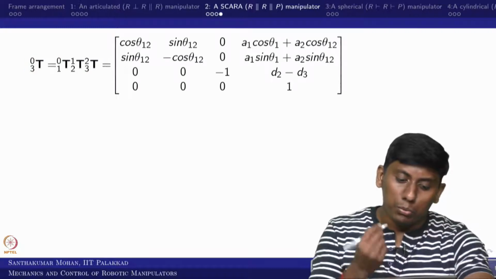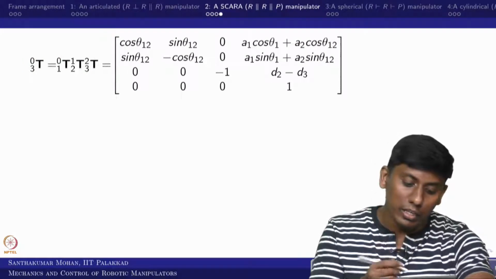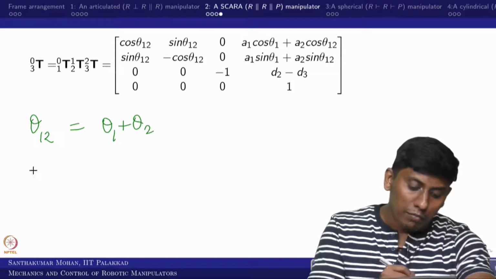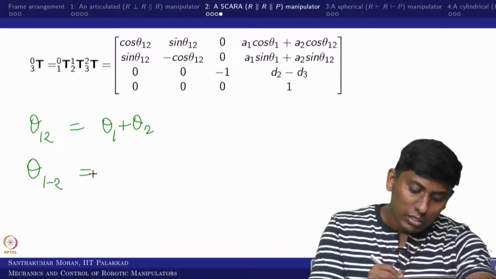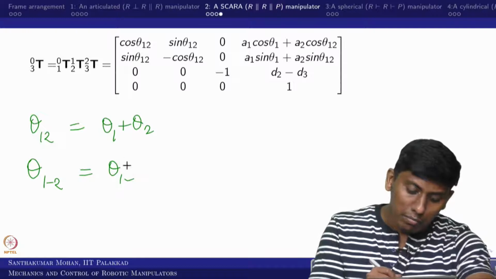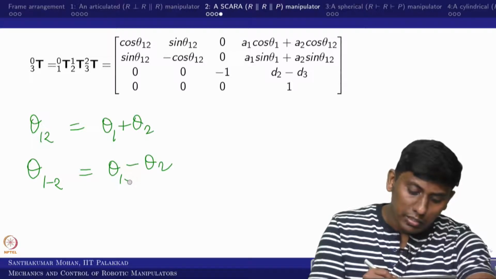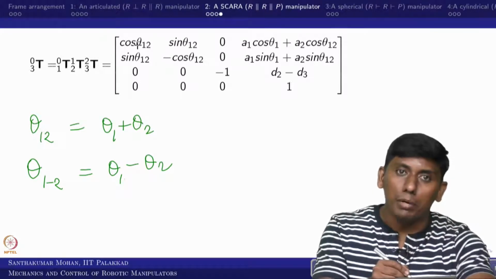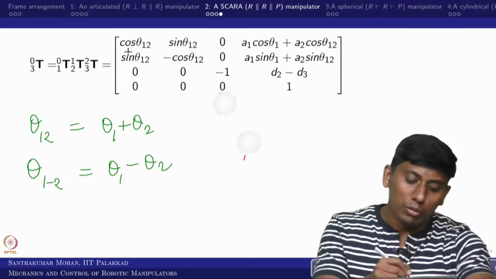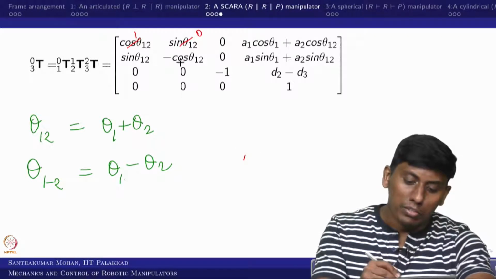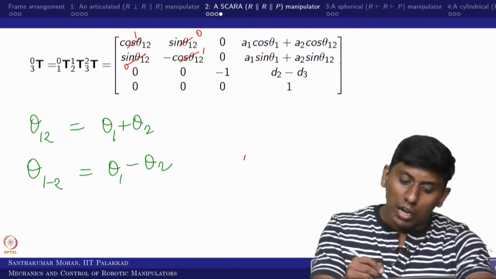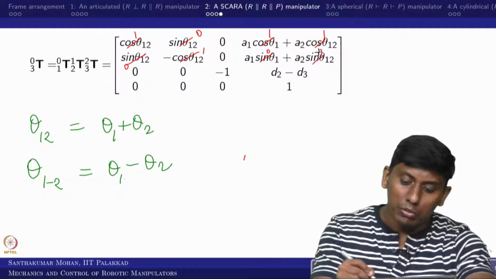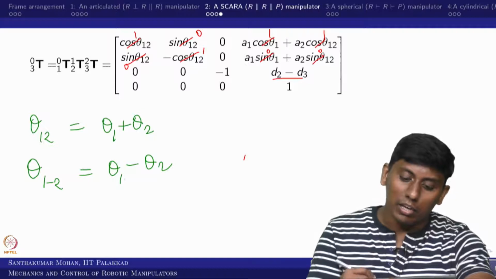So what we can do, you put theta 1 and theta 2 as 0 degrees. If I write it this way, this is equivalent to theta 1 plus theta 2. If I write 1 hyphen 2, it means theta 1 minus theta 2. I hope now you are clear. So this is cos of theta 1 plus theta 2. With theta 1 and theta 2 at 0, this becomes 1, this becomes 0, this becomes minus 1, this becomes 0, and this becomes 1, this becomes 1. So A1 plus A2 exists, and this becomes 0, this becomes 0, then this whole term would be 0, and this exists, right.